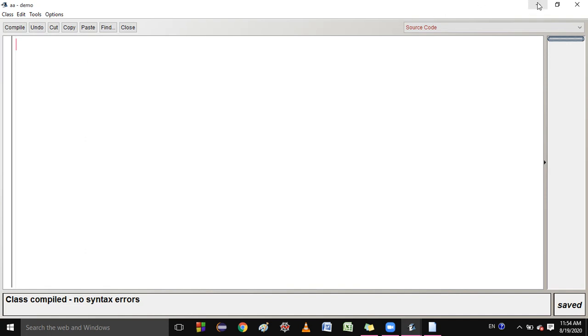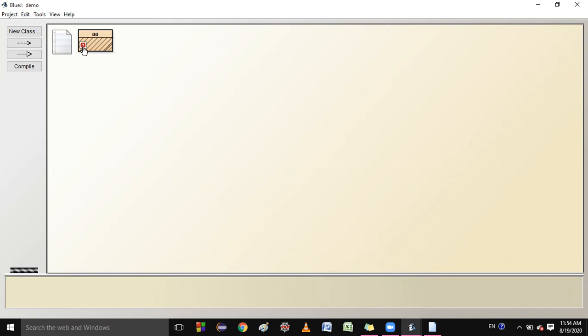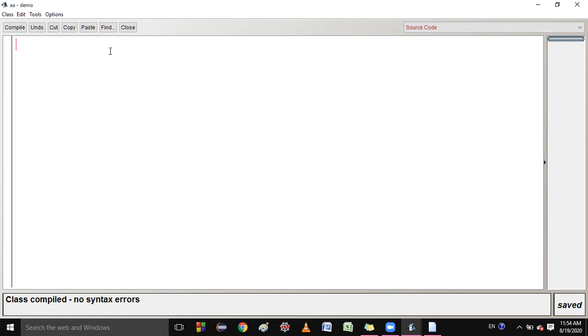Because nothing was written in this code, it is showing that this class cannot currently be compiled because it doesn't have any content. So first you will write the class using the keyword class.